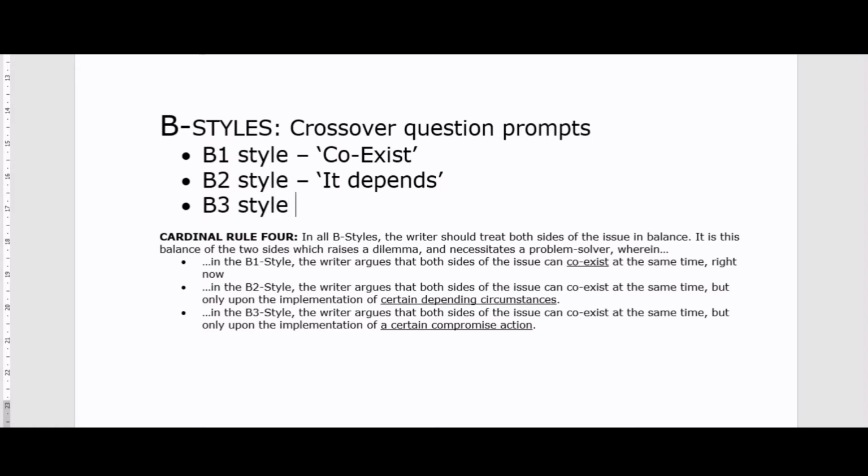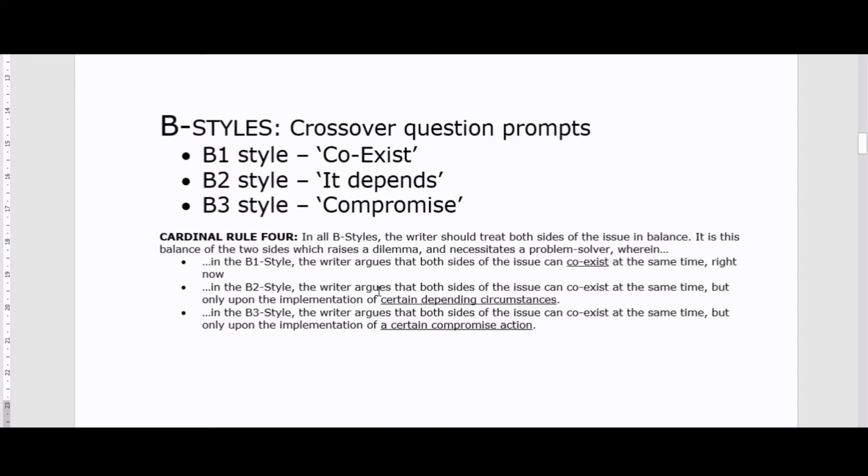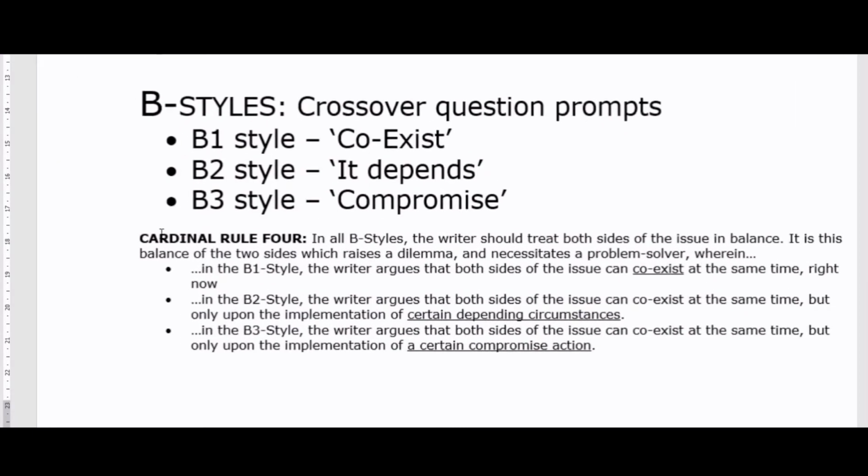And then we can also argue using the compromise, wherein the writer argues that since both sides of the issue are equally compelling, the only way to resolve this controversy is to find a compromise between them. That is the B3 style. It is really quite popular. A lot of my students actually use this, and a lot of students have passed using the B3 style. So based on those, we can now